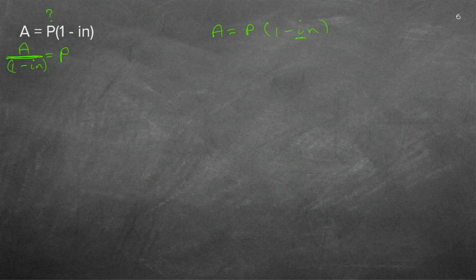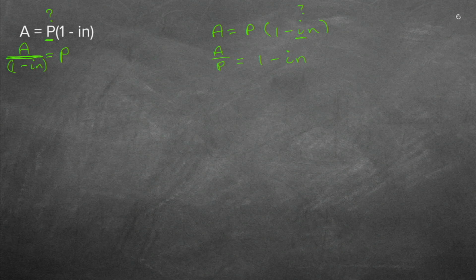So if the I is the unknown, here the P was the unknown. Now I must get that I all alone. I actually prefer to fill in the figures first and then get the I all alone. I'm just going to show you the method, because remember the method is the same. If you work with letters or figures, it doesn't matter. The method stays the same. Firstly, I must get rid of the P. So I divide by P. And then I'm left with 1 minus IN. I do not need the bracket anymore because there's nothing to be multiplied with.